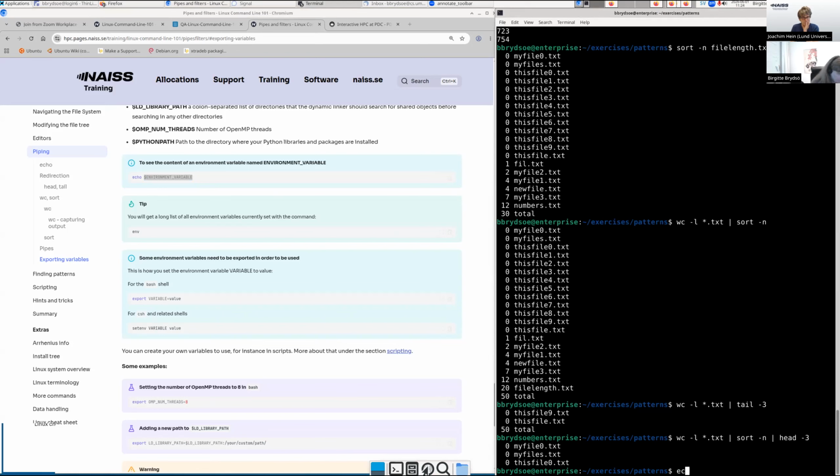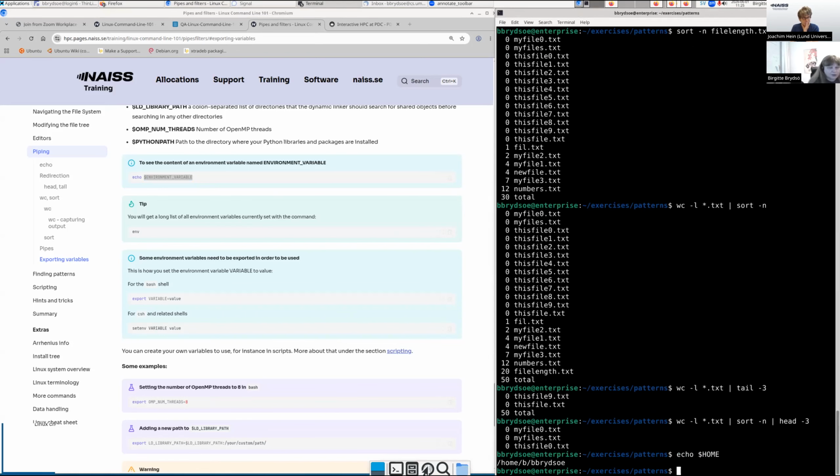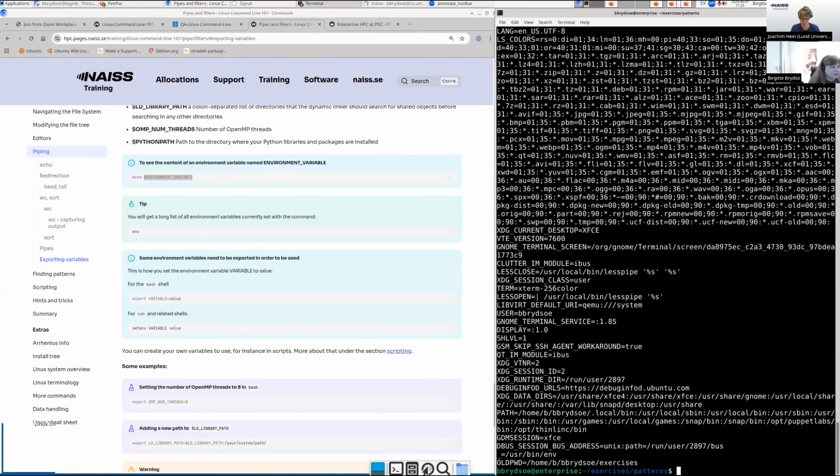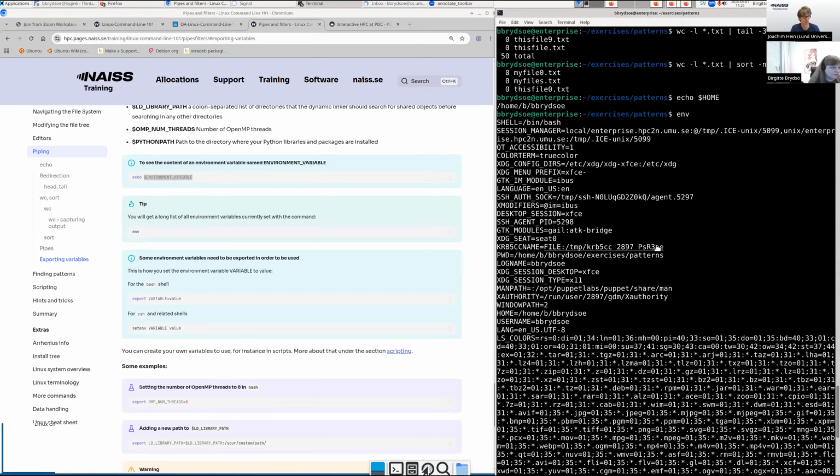Let's try quickly do that with $HOME. And then it outputs the path to my home directory. Here. If you type env, you get all the environment variables that are set. Here. Lots of